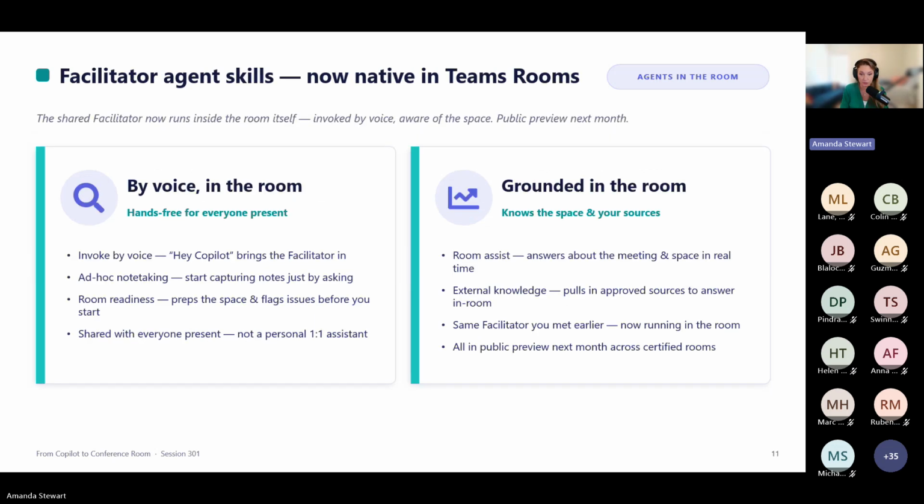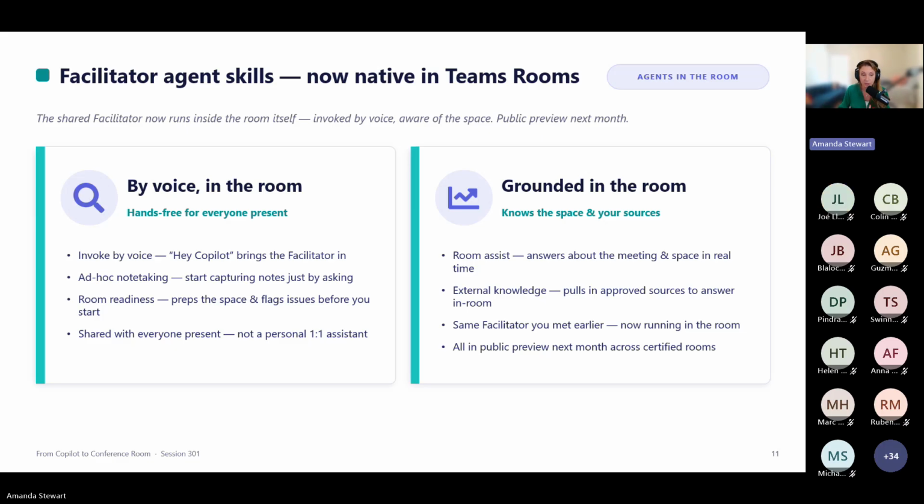So remember the facilitator, the shared meeting agent that we've talked about a few times. The keynote's big news from Ilya is that now it runs natively inside the Teams Rooms itself, and it's invoked by your voice. So everything on this slide is public preview next month. On the voice side, you can invoke Facilitator just by speaking. "Hey, Facilitator" brings it into the room.